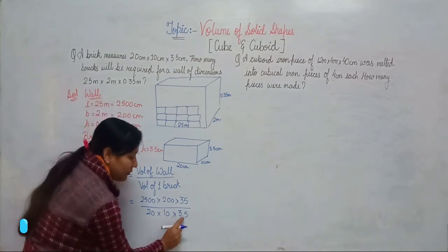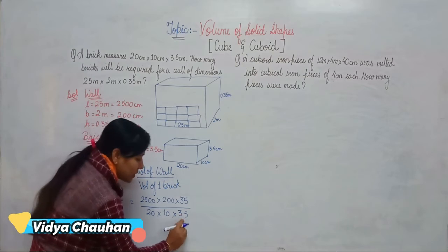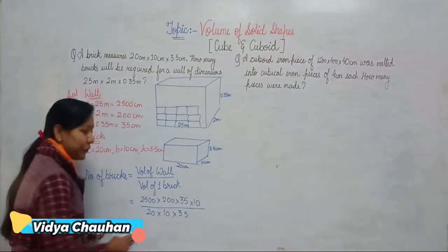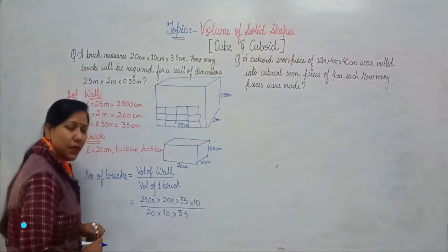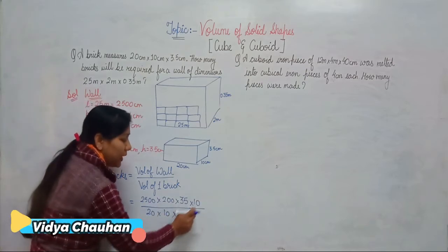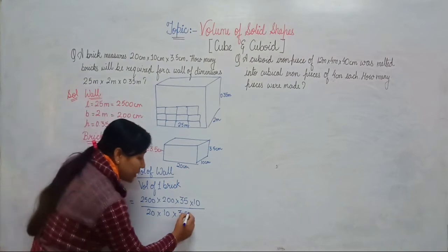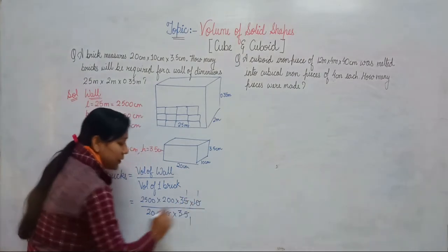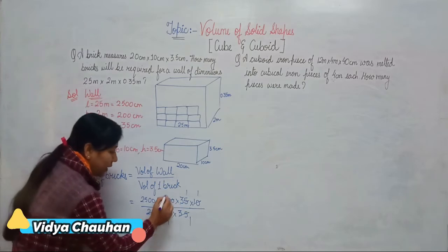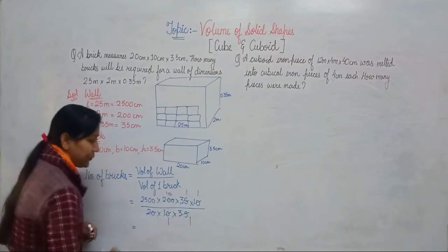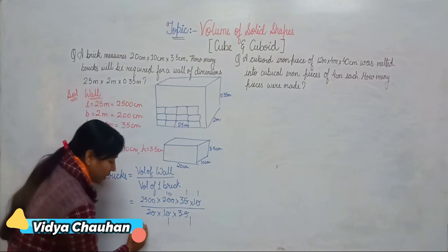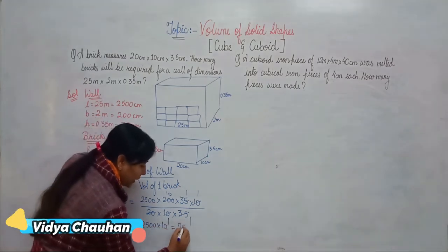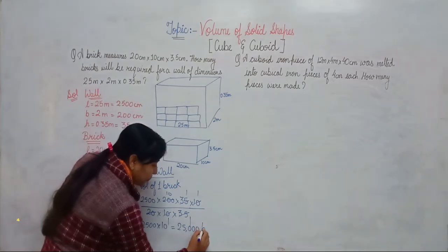Now it's time to do the simplification. Very first, we remove this decimal sign, which gives a 10 in the numerator. So we have shifted the decimal, that is 3.5 becomes 35 and 10 moves to the other side. Clear students? After this, 35 and 35 cancel out, 10 and 10 give 1, and 20 tens are 200. So what are we left with? We are left with 2500 multiplied by 10, and that will give you 25,000 bricks.